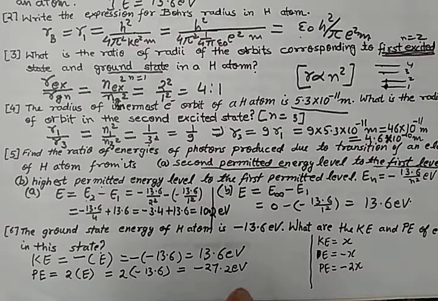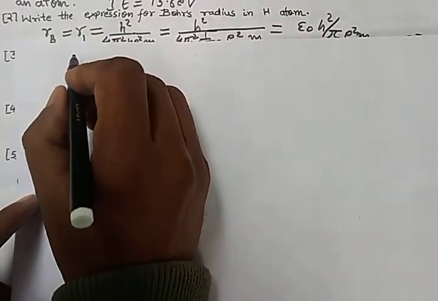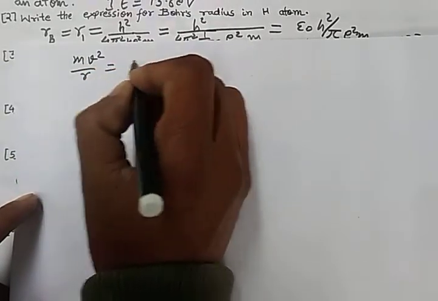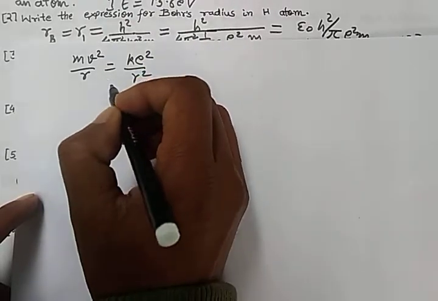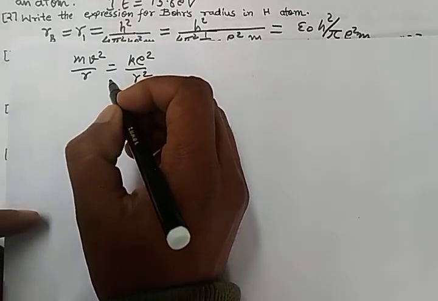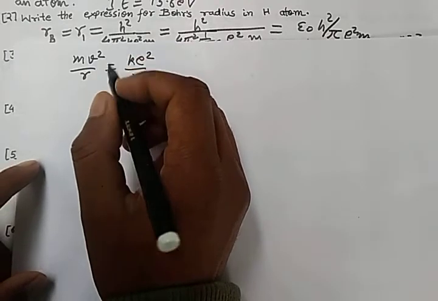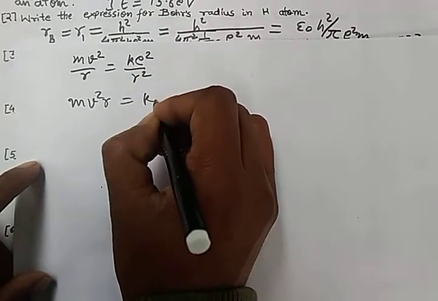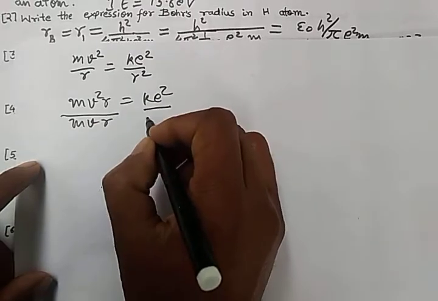So to explain why it is so, I will begin with the fact that centripetal force is equal to electrostatic force for an orbiting electron. For a more detailed analysis of this, you can watch my video about Bohr's hypothesis. So it is mv square by r equal to ke square by r square, then divide it with Bohr's postulate expression,